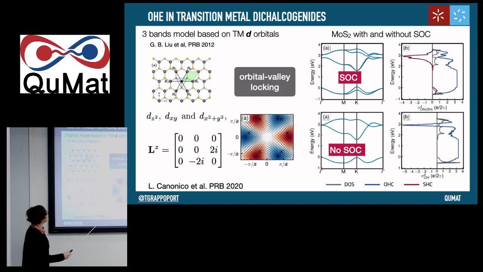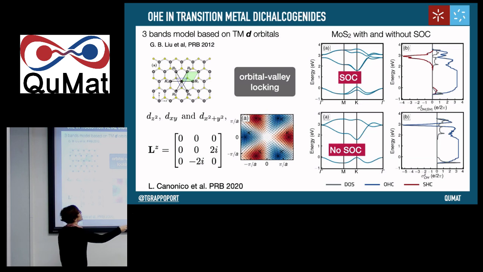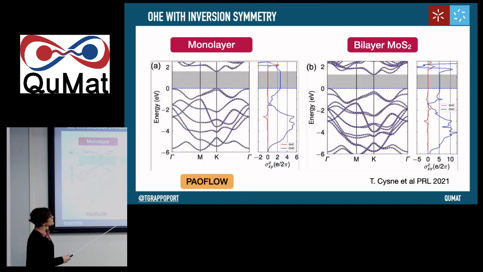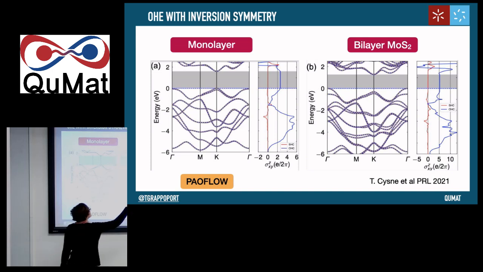So a first question that emerged is, okay, in this system we have valley Hall effect, so maybe what we are seeing here is a valley Hall effect, and because of the valley-orbital locking, we are just witnessing the valley Hall effect. So to clarify this, we try to look at a system with inversion symmetry that has zero valley Hall effect. So we look at the bilayer